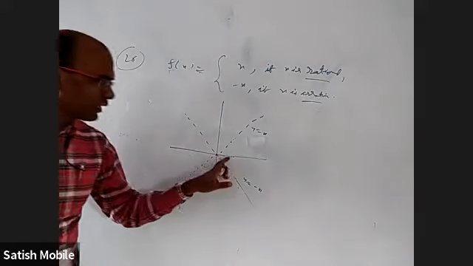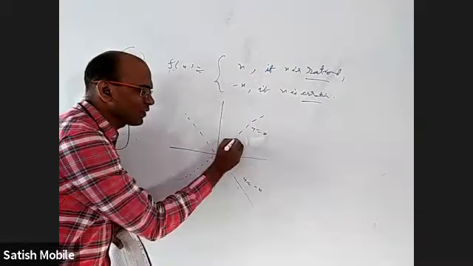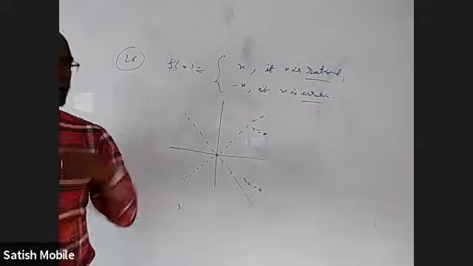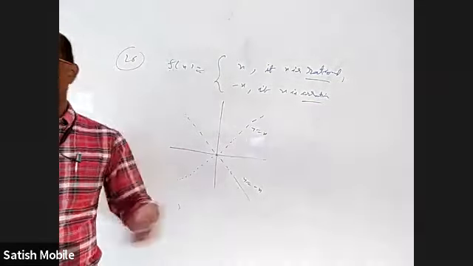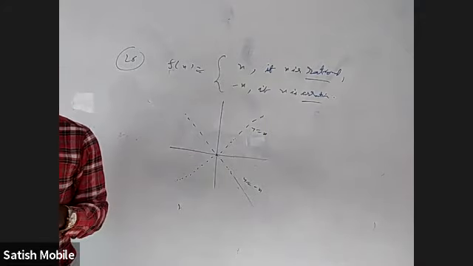Why? Between any two rational numbers, how many rational numbers should be there? Infinite. And between these two here also there will be infinite dots. So very, very fine graph. However much you zoom in, you'll find dots and dots further. But they cannot be next to each other because in between them there should be again infinite dots.